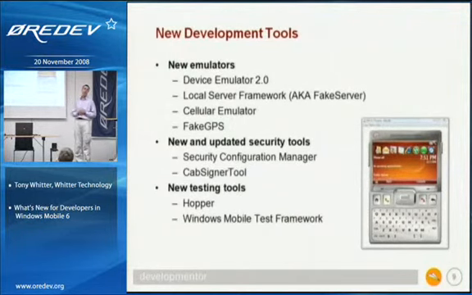So you've just seen the new device emulator with the ability to simulate battery and car kits and things. The next new one is the local server